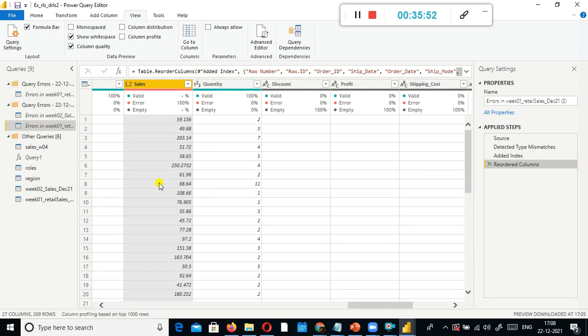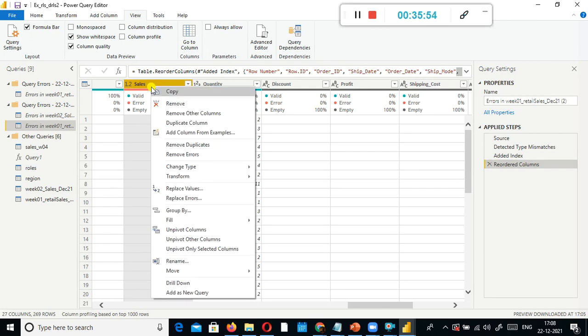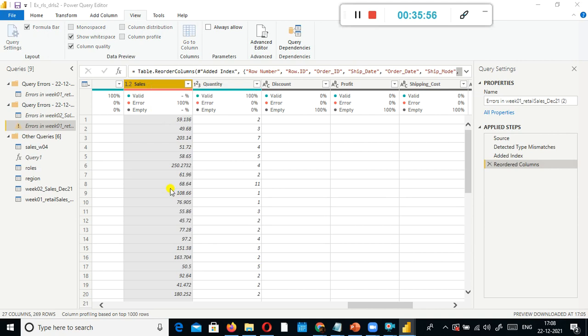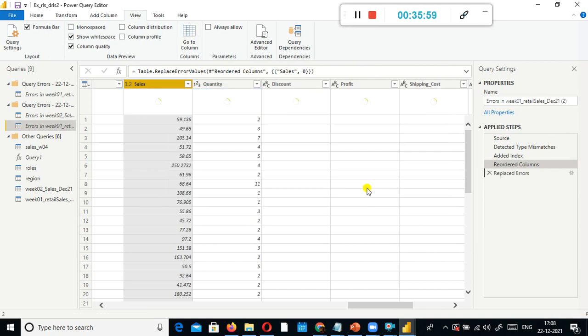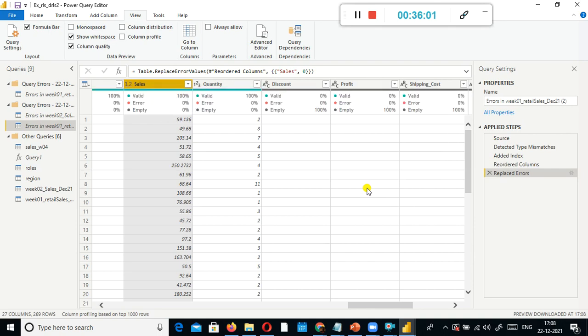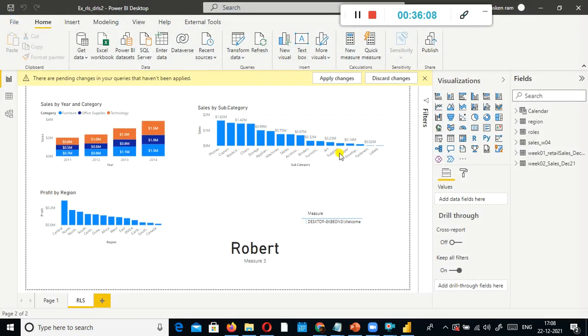And I just select this same way and replace errors by 0. Put 0 here. Close and apply. That's all.